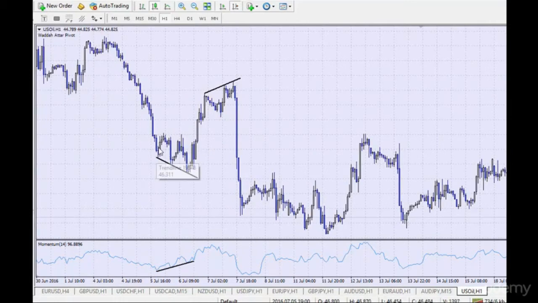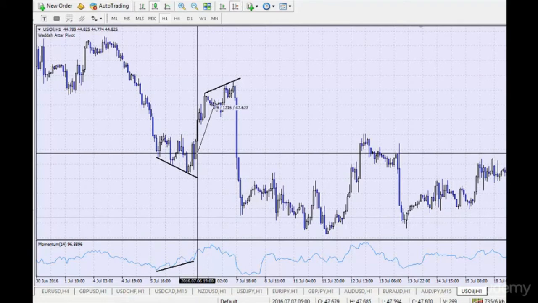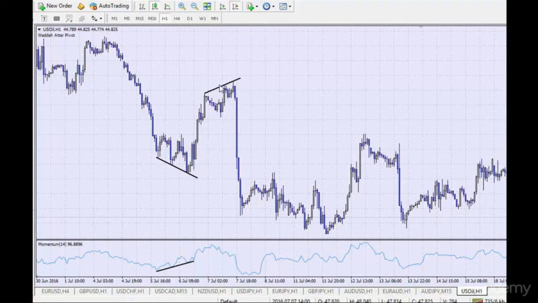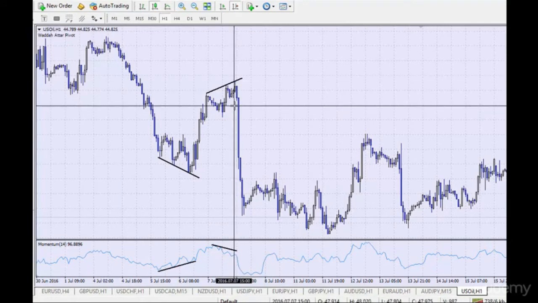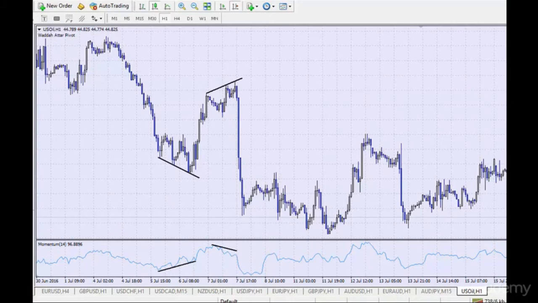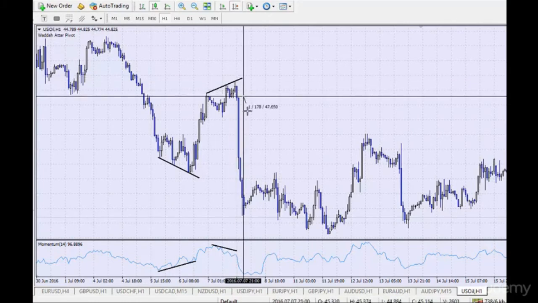Here are some other examples of trades you could have taken. Here the market is making lower lows, and on the momentum indicator we are making higher lows. Buy the market anywhere in this region, and that's 100 pips, 130 pips up. Here the market again makes a divergence. Sell the market anywhere in this region, because here, let me draw the line, the market is making higher highs while the momentum indicator is making lower highs. That's a divergence, and you can see the result is the market falling over